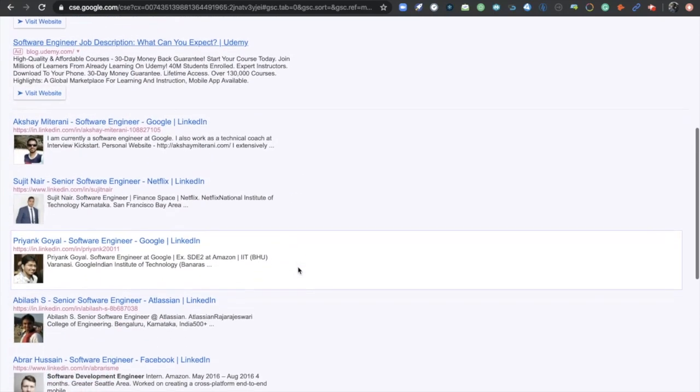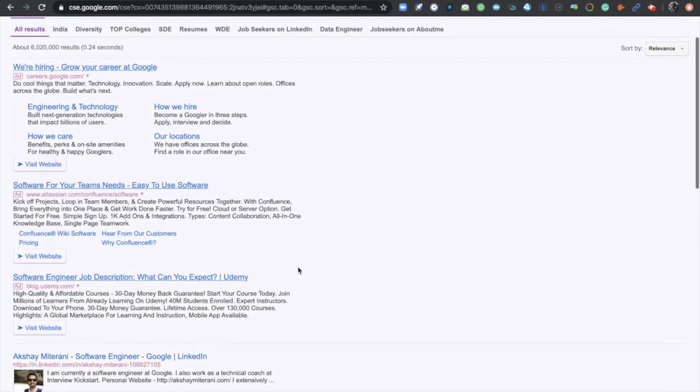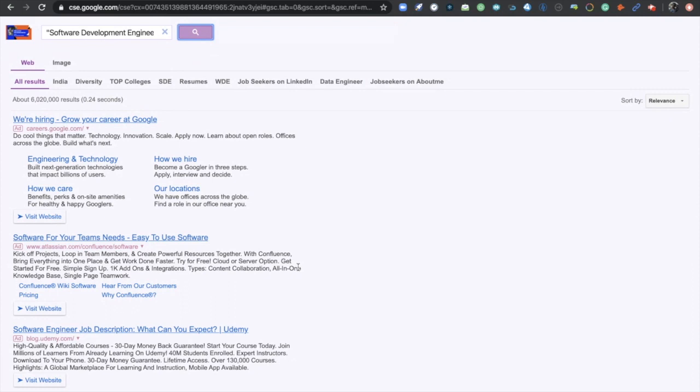So you can see all the results here. And how is it different from a general Google search, right? There are multiple filters here. One is location, which is India. Diversity: if you are looking for gender diversity candidates, you can select this filter. If you are looking for top tier colleges, you can click here. If you need candidates who are actively looking for a job change, click on this particular filter. And if you are sourcing from a specific website like about.me, you can get it from here.